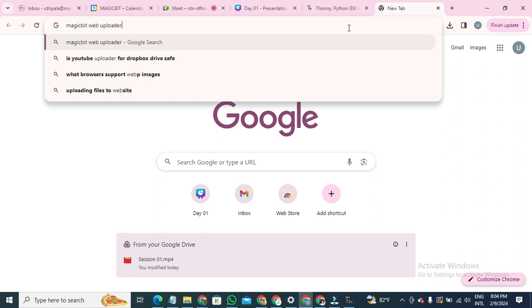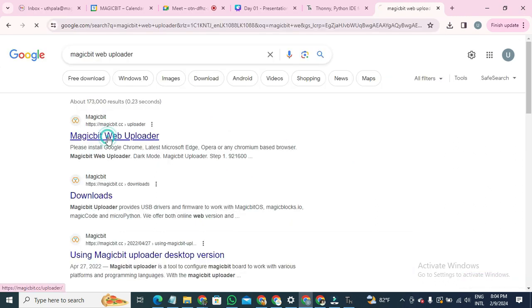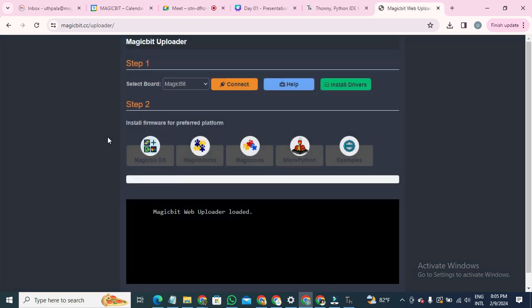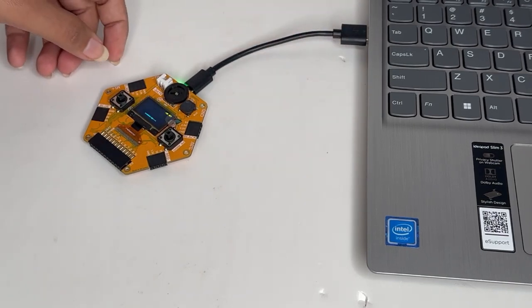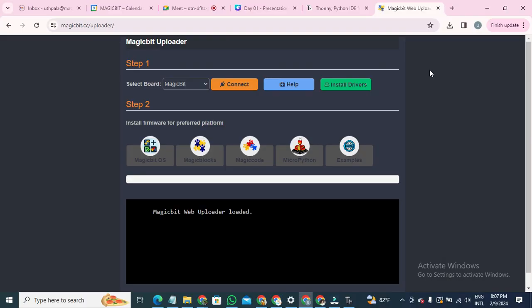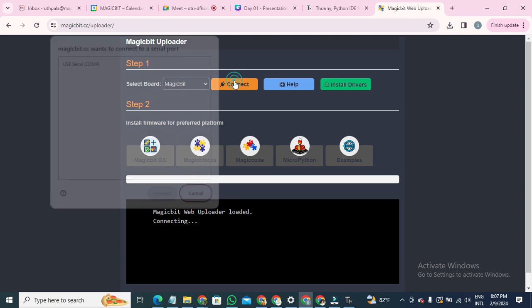Click on the first search result to get into the Magicbit Web Uploader, which looks like this. Now plug the Magicbit into the computer with the USB cable, and in the uploader click on the orange color connect button